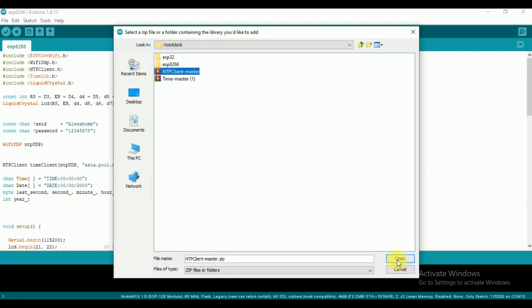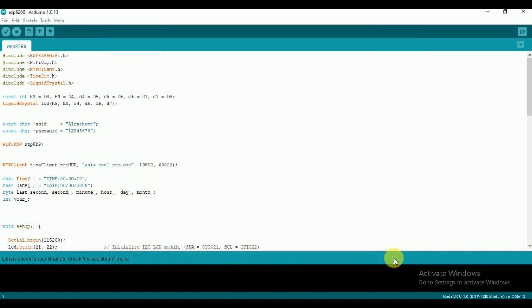Before you upload the code, you need to add the NTP library in your Arduino library. In my case, I have already added those libraries in my Arduino documents folder. If you didn't see my previous article or post, check out my website, or you can check in my description too, to download the required libraries for this project. Also, you can download the code for this project from my website.